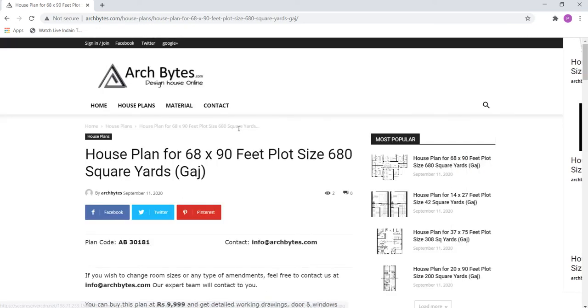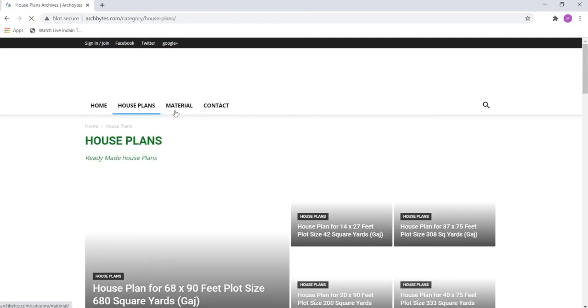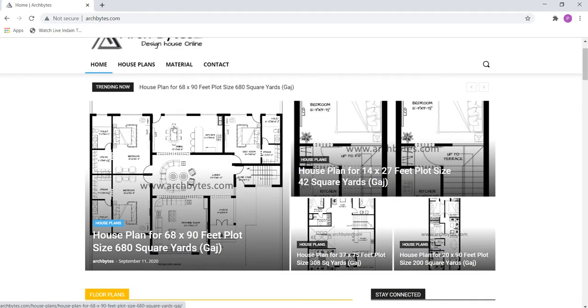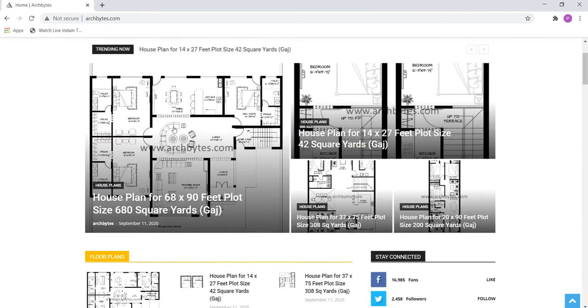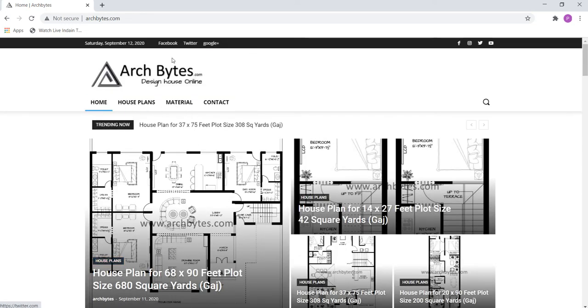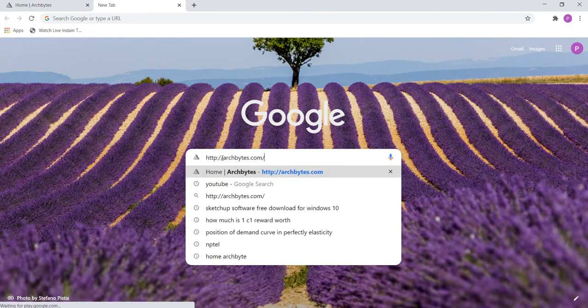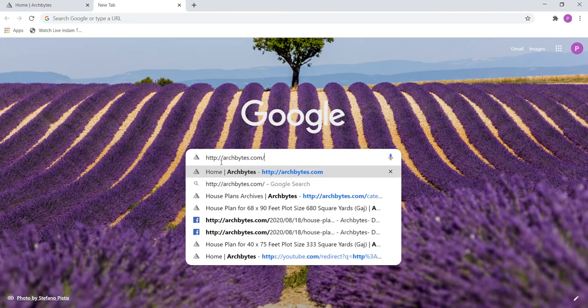As you can see, here are home, house plans, material contact. This platform provides you online service: if anybody wants their building plan, you need to contact it here. So how can you get it? Now just go to a new tab, click the search button, and just copy paste. Actually I have copied it already. Now you can see